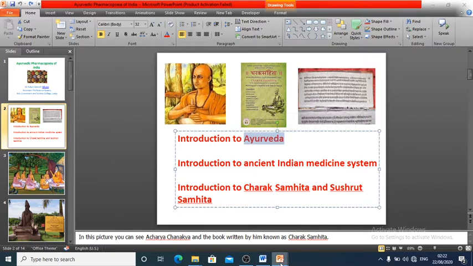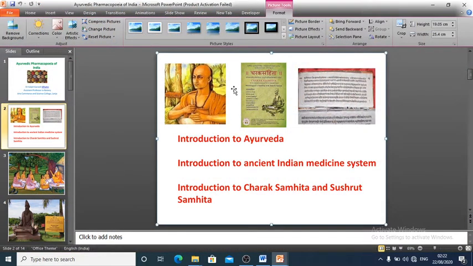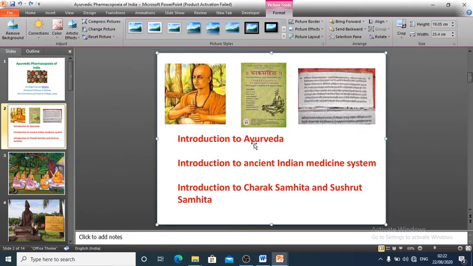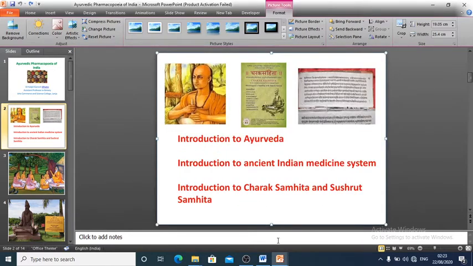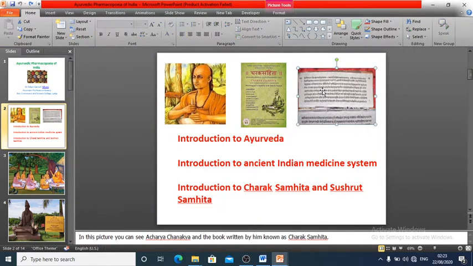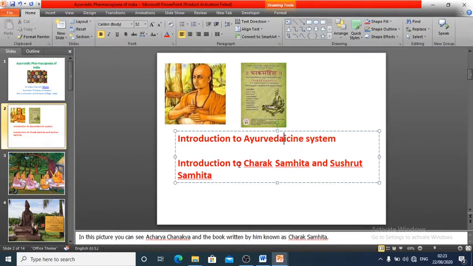Now I will show you the same slide with another feature. Now you can see here I am clicking, but it is not giving me the option of editing. If I click here, you can see the slide is moving, but it is not giving me the option of editing. But in this presentation, you can see I can select, I can delete, I can do whatever I want to do with this presentation.